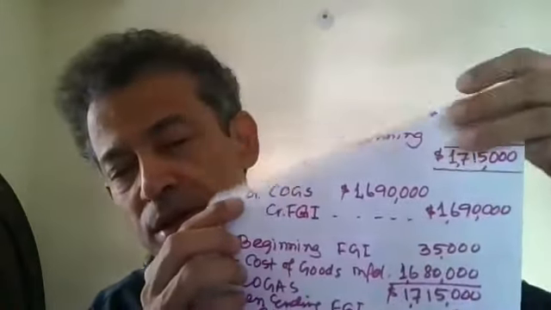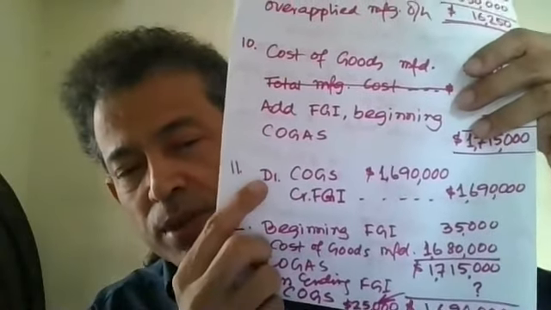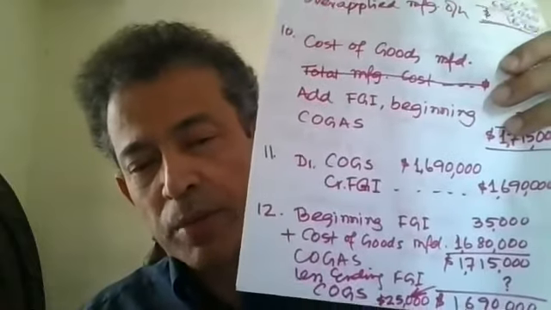What is the journal entry to record the cost of goods sold? What is the entry for cost of goods sold? Debit cost of goods sold, credit finished goods inventory. Here it is. Debit COGS, credit FGI, finished goods inventory. That's number 11. And number 12,